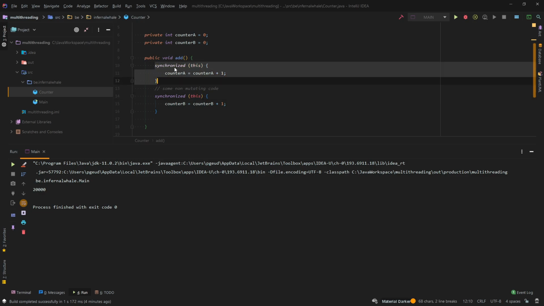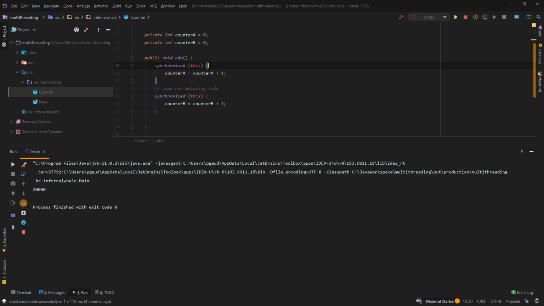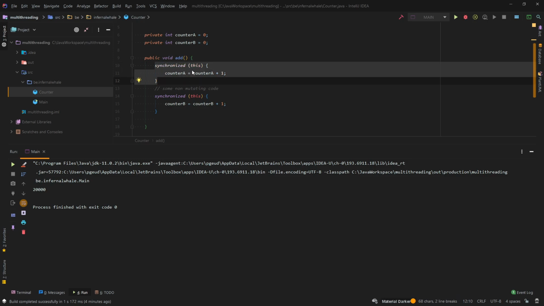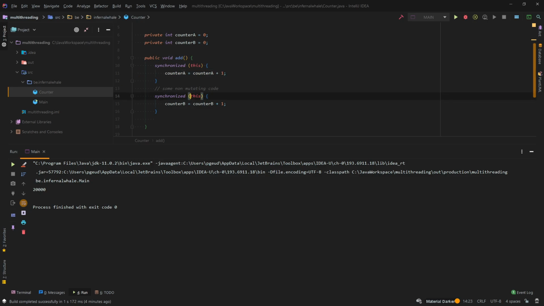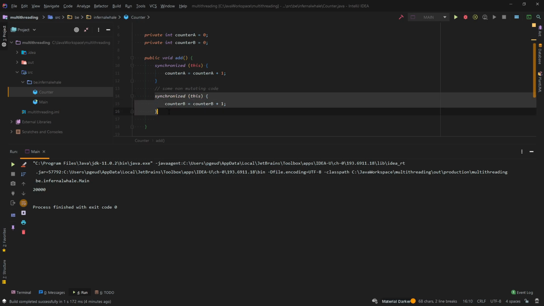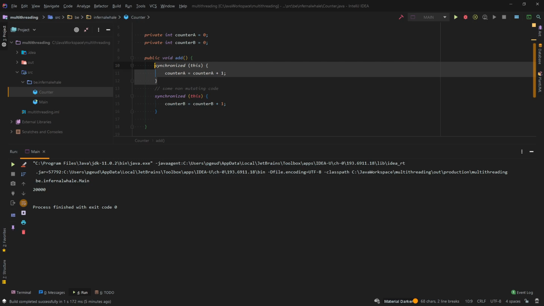Because this synchronized code block and this synchronized code block are using the same object, thread 1, who is executing this piece of code, is blocking thread 2 from entering this synchronized block. Thread 1 has the token, so thread 2 can't get the token because thread 1 has it. So thread 2 is being blocked from executing this code because thread 1 is executing this code,